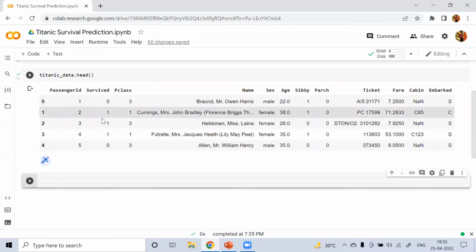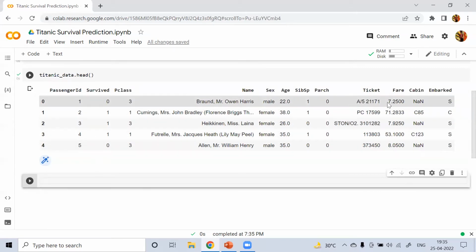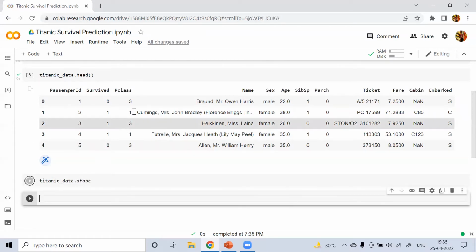You can see our columns: PassengerId, Survived, Pclass, Name, Age, Ticket, Fare, Cabin, Embarked. Now let's check the number of rows and columns in our dataset. titanic_data.shape.